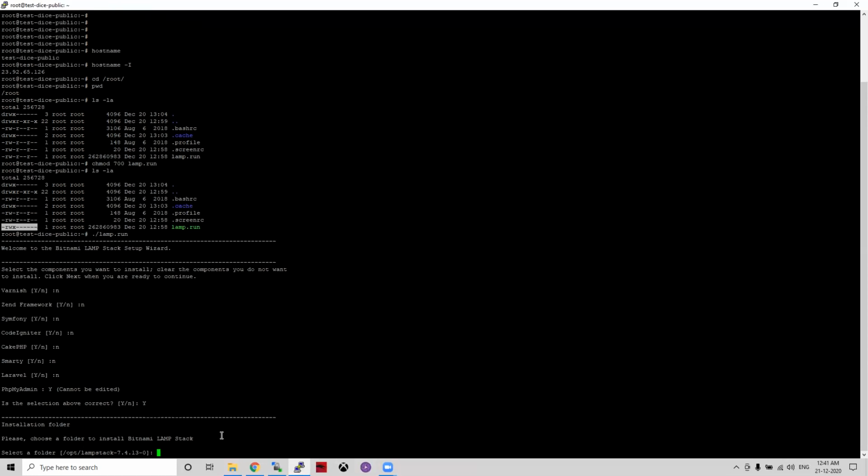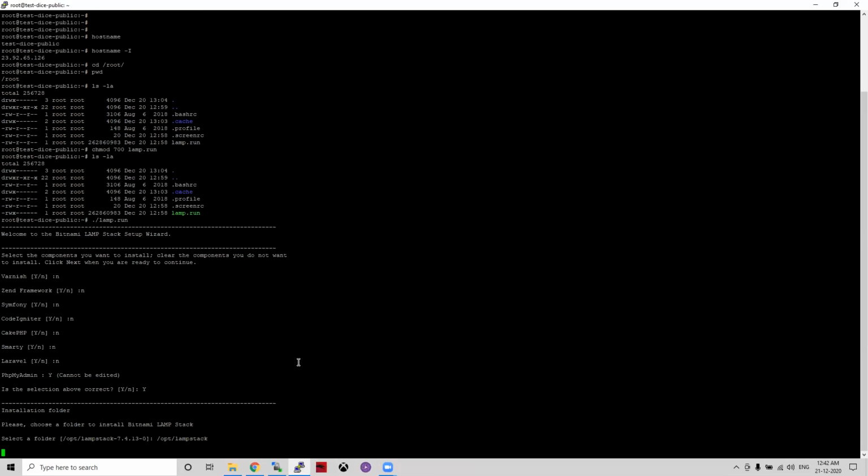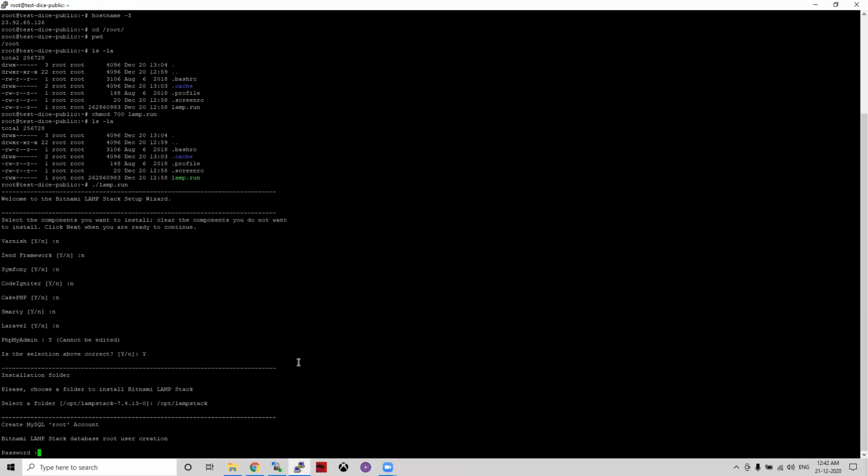But I would prefer you select /opt/lampstack only, so that for any version you install, everything will have the same path, /opt/lampstack. It is my preference, but it depends on how you manage your profile structure. That will be based on you. Okay, so let's enter. Once it is done, it will ask for the password for the MySQL database, because it is going to install a MySQL database also.